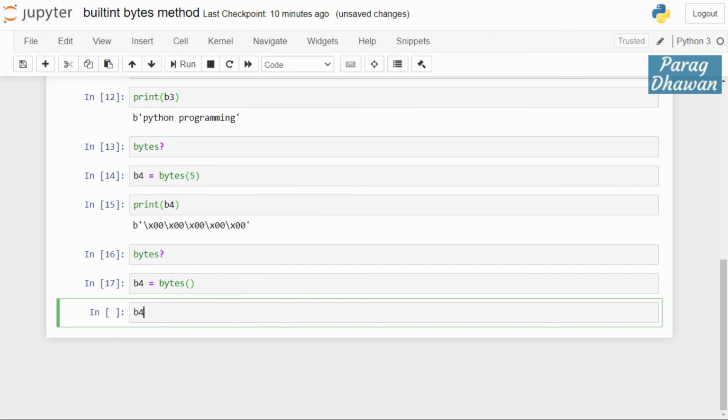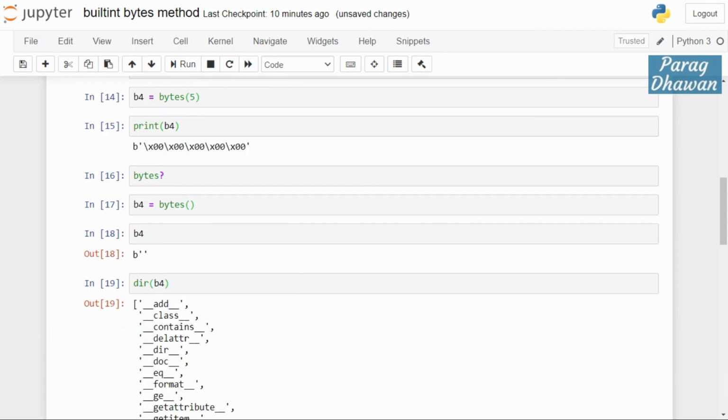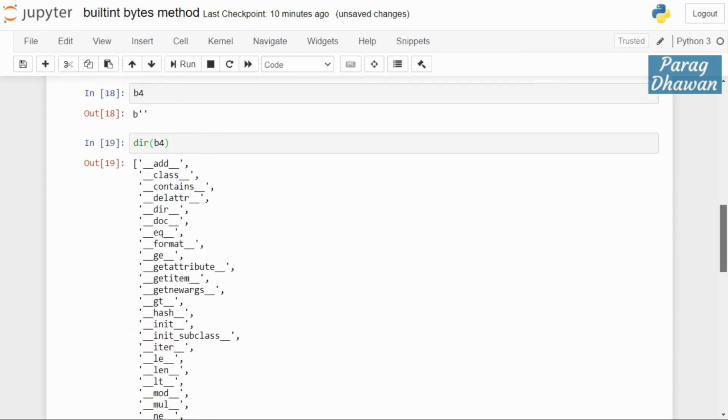Print b5, a byte array which is empty, containing nothing. We check the methods which are available inside b5 by calling dir of b5, shift enter. It shows all the methods.